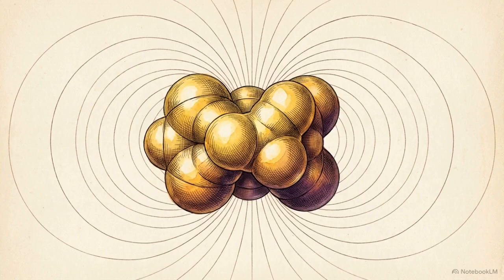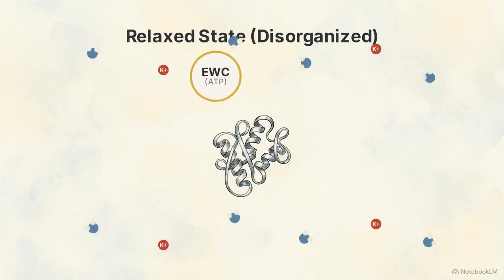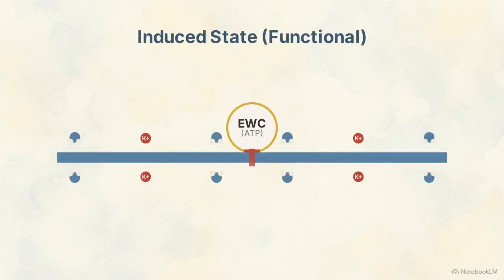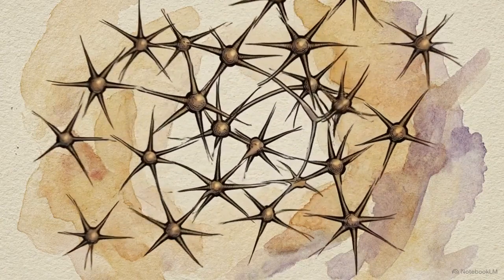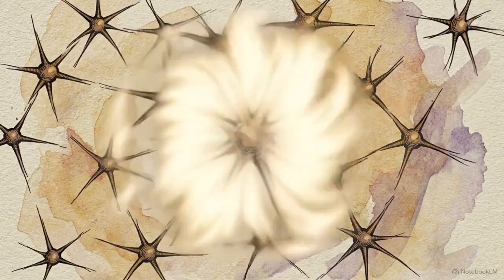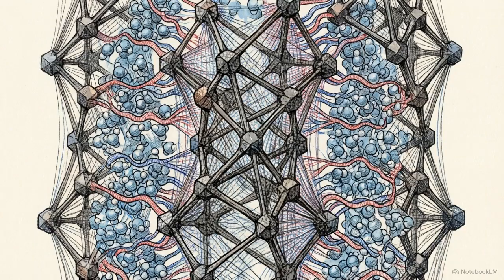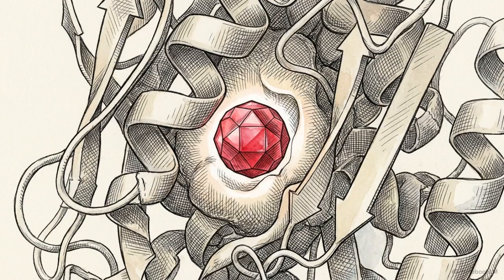In Ling's model, ATP functions as an electron-withdrawing cardinal adsorbent. An electron-withdrawing cardinal adsorbent is a regulatory molecule that alters the electrical properties and physical shape of the proteins it binds to. ATP functions as a structural pin. Binding to a specific site on a protein, it locks the chaotic lattice into a rigid, highly ordered grid. This binding induces the exact spatial and electronic configuration required for the extended proteins to maintain their grip on the polarized water multilayers and keep the potassium binding sites active.